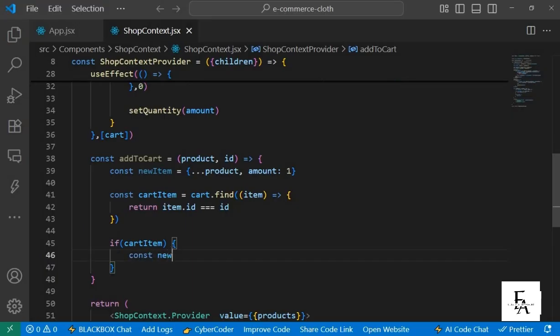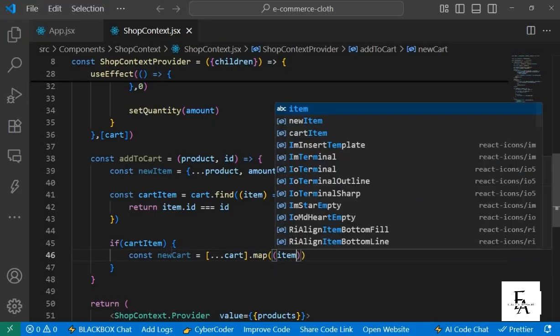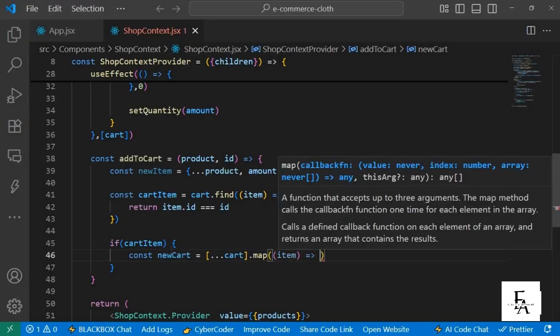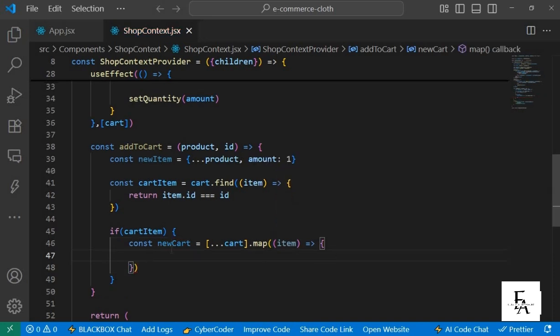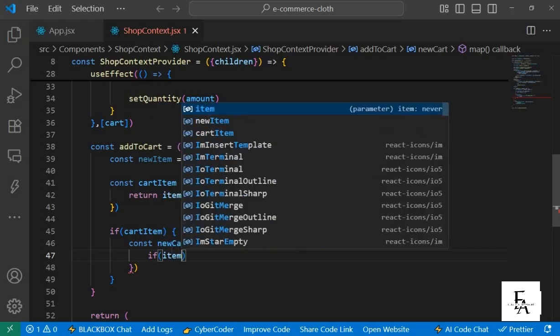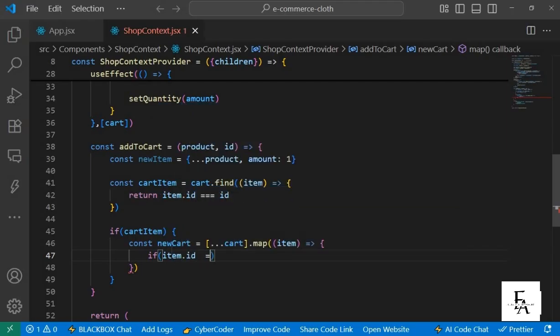So const newCart would be, we'll spread the cart.map, pass item. Then we'll check if the current item ID matches the product ID, then increase the quantity. So if item.id equals id,